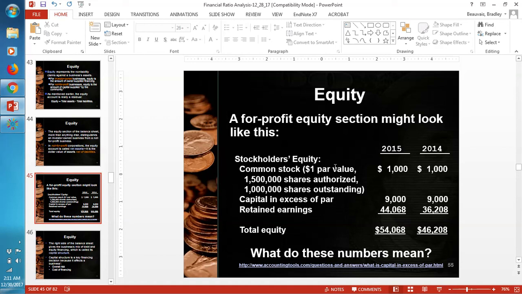But on the for-profit side, we'll see things like this that we have on the page. We start talking about stockholders' equity and common stock at $1 par value and 1.5 million shares authorized with 1 million shares outstanding. Frankly, it's all kind of trivial, sort of. I mean, it's not trivial, but it's not really something that you need to spend a whole lot of time with. The only things you really need to draw out of this is how many shares have been authorized, basically